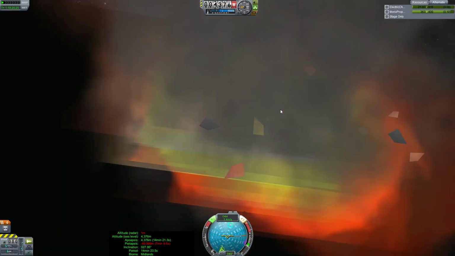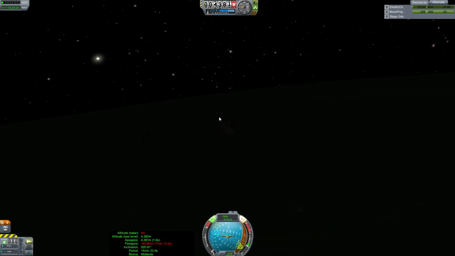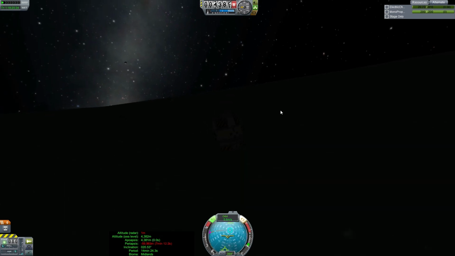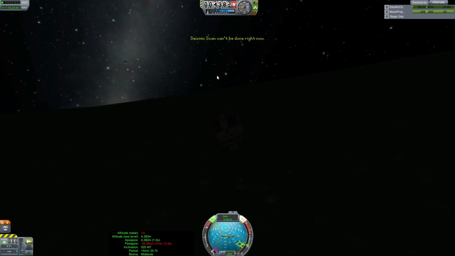Oh, there goes my engine. Oh, what did I lose? Almost everything, including... Oh, I don't have antennas on this ship anymore. Oh, darn, guys. Well, that was a bit of a bust. Gravity scan won't work. Seismic scan, I'm moving too much. Boy, wouldn't it be funny if I could transmit in spite of the total absence of...